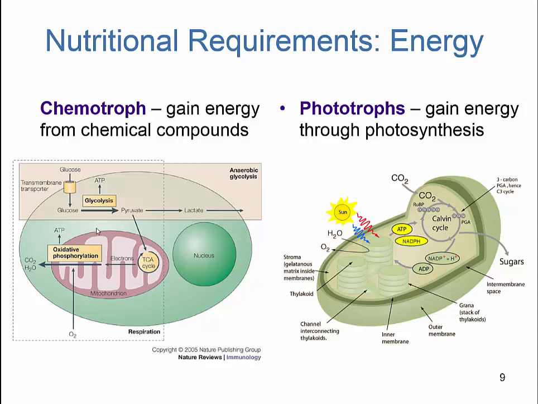Glycolysis breaks down glucose, and it takes that product of pyruvate and puts it into the TCA cycle. Glycolysis takes place in the cytoplasm, and it will give you a net yield of 2